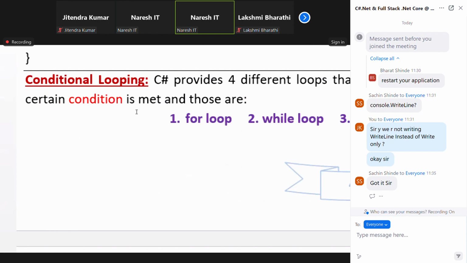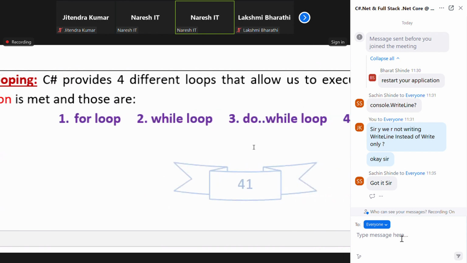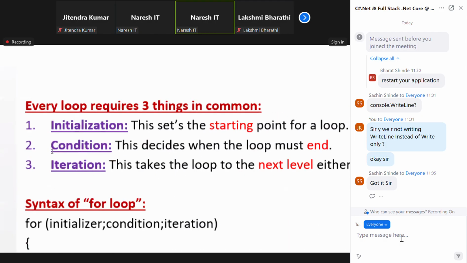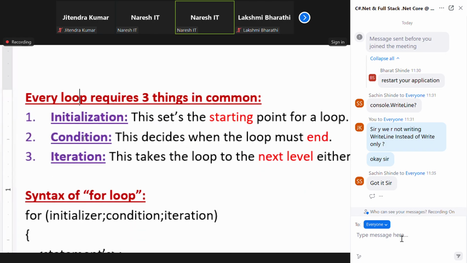Actually, C sharp has four loops. You know, 1, 2, 3: for, while, do while. Now I will tell you how to use each. Okay? Next. Every loop requires three things in common: